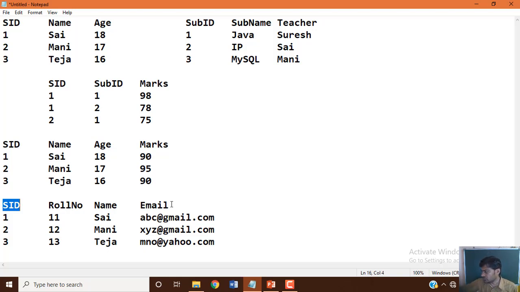Even though student ID, roll number, and email are qualified to become a primary key, since SID is the primary key which we choose. In the same manner, a super key is the one which is able to determine. So when you call it, the key is called a super key.